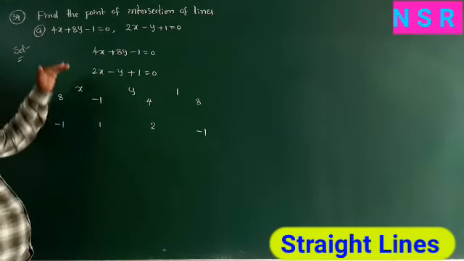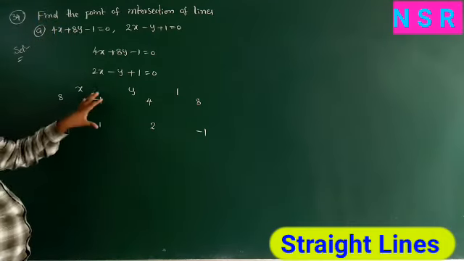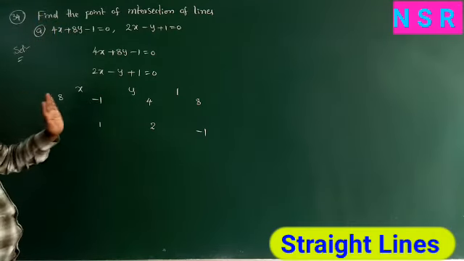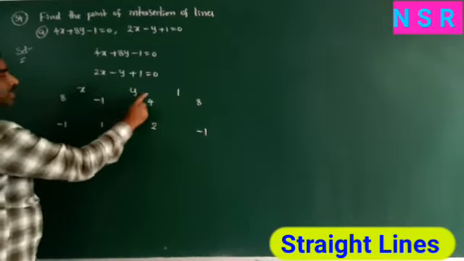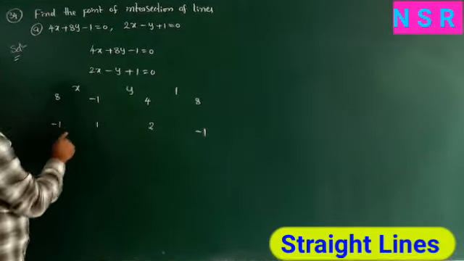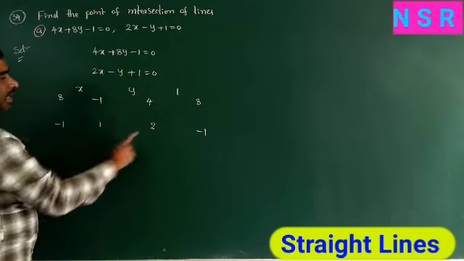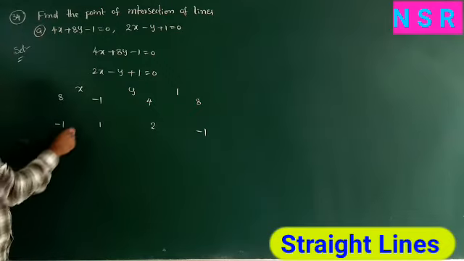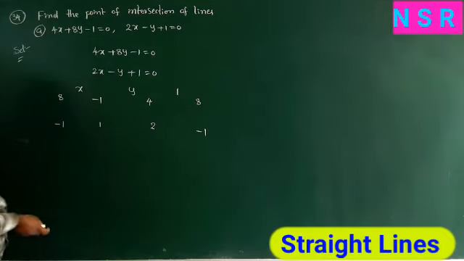So this is the process to find the intersection point of two lines. Here we find the x, y value directly. This is the method, remember it. Here x, y and constant are there, write first x, y, 1. First close the x coefficients, write the y coefficients and constants. Next open the x coefficients, and the last column repeats the first column elements, 8, minus 1, and finally also write 8, minus 1.